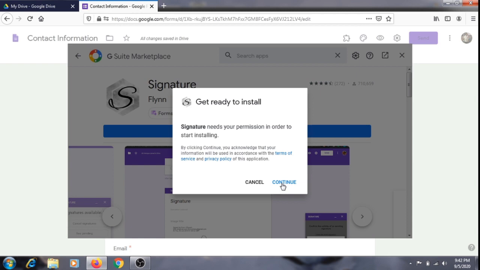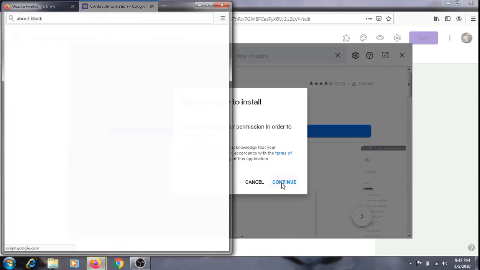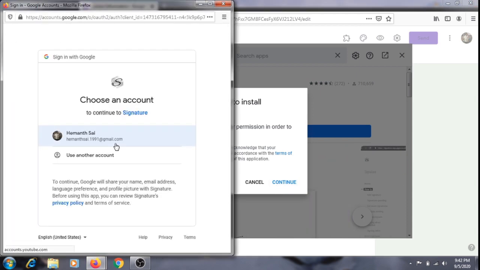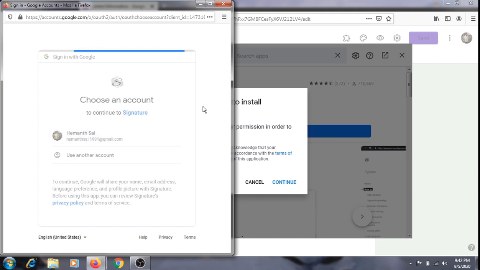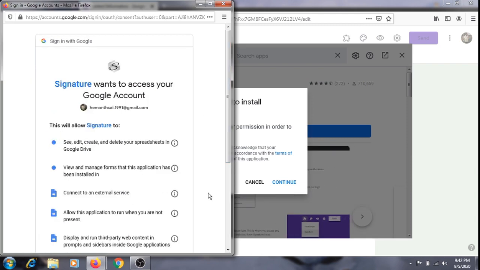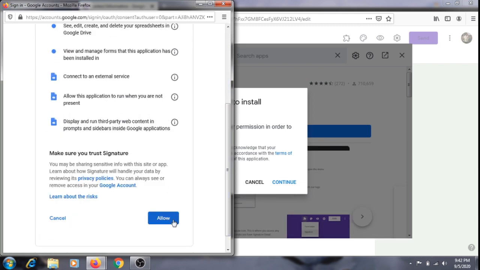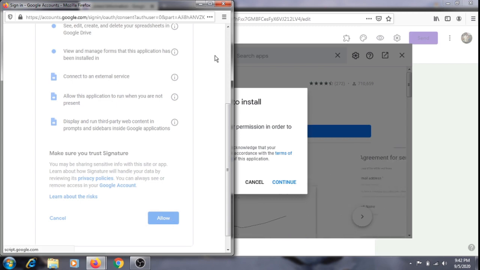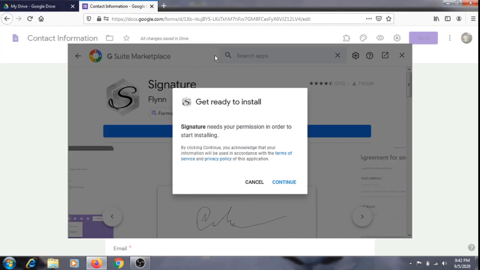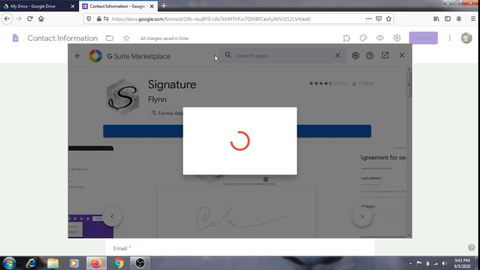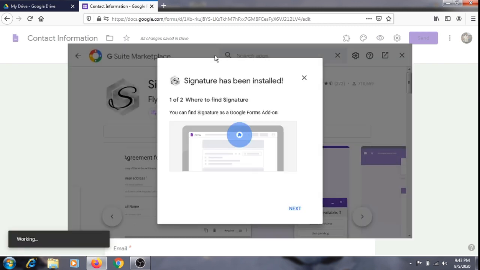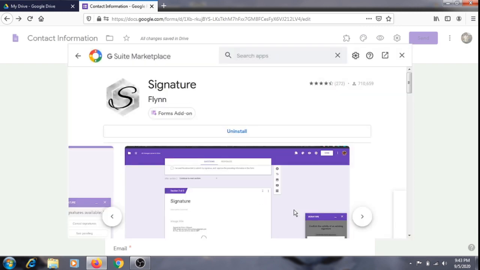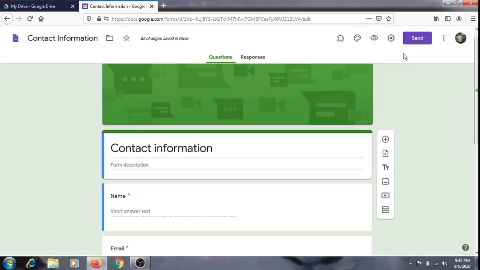Please click on continue, select the mail ID, and click on allow here. This procedure is the same for whatever add-ons or apps we are installing. Yes, it is installed. We can click on done and close this window.